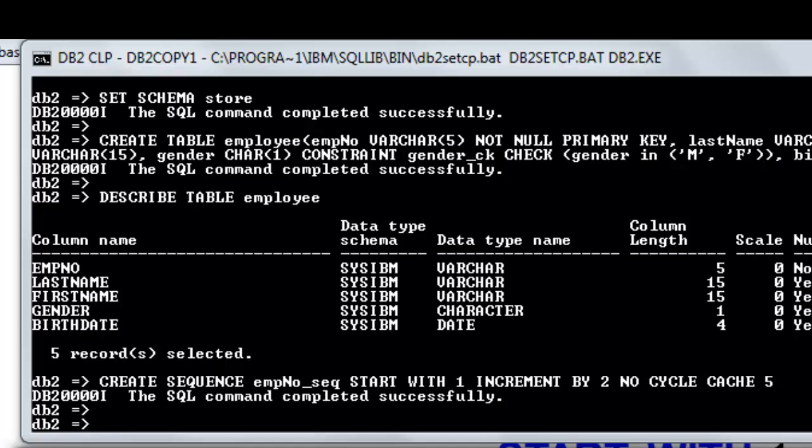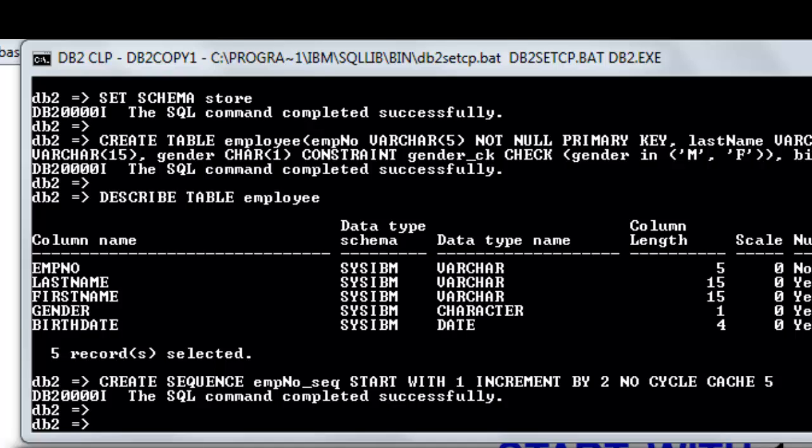The emp_nos sequence generates numbers starting with 1, and the next number will increment by 2. Cache 5 is to store the next 5 numbers in memory. This means that numbers 1, 3, 5, 7, 9 are already reserved in case the connection during insertion is interrupted.